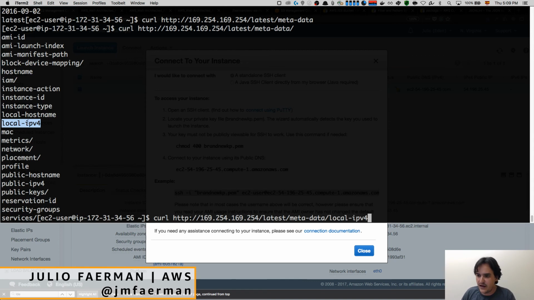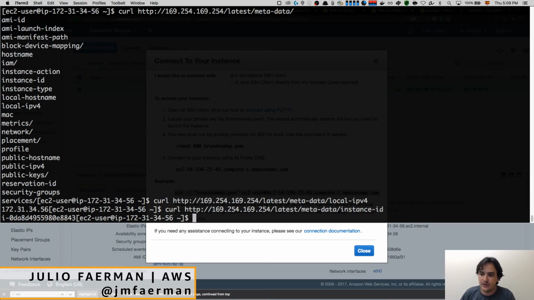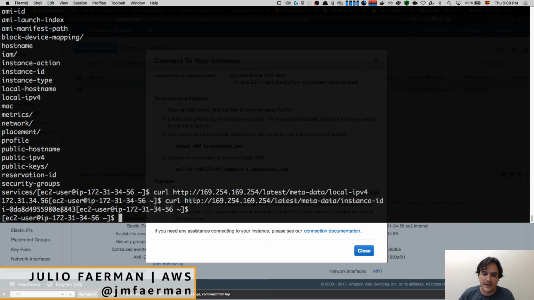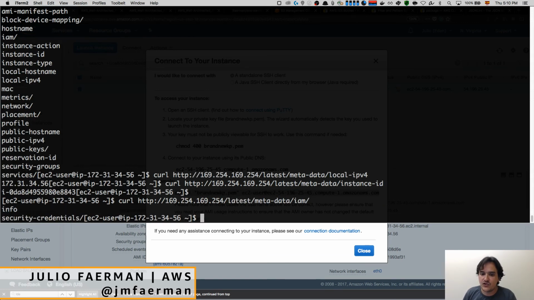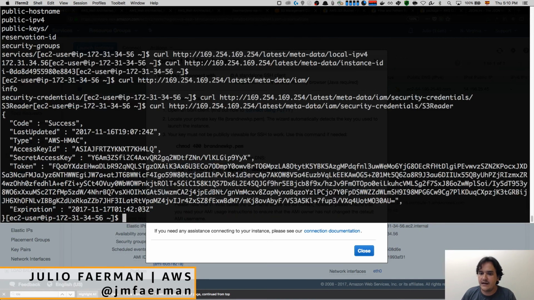For example, I could ask for the local IP or for any information such as the instance ID, and get the ID for this instance. And this is very useful for scripts, so you can fetch things from the running environment. But one thing that I would like to highlight is the IAM resource, and here you have the security credentials. So IAM security credentials. See, you have that S3 reader, the same role name that I bound this to,